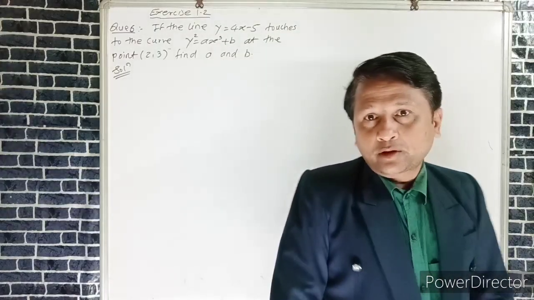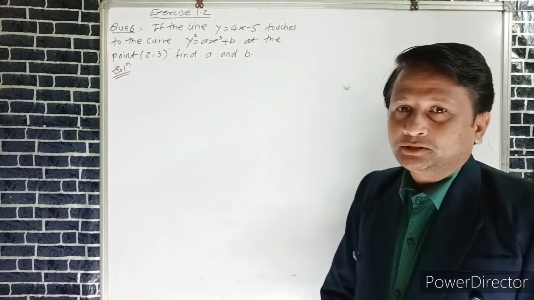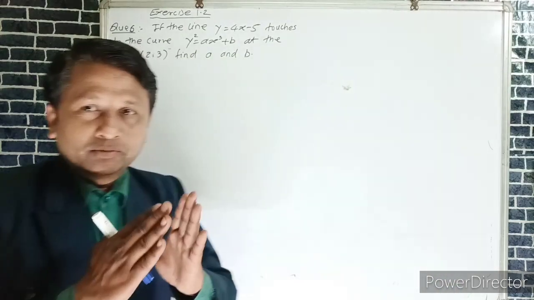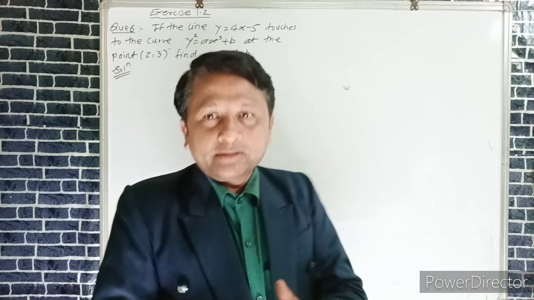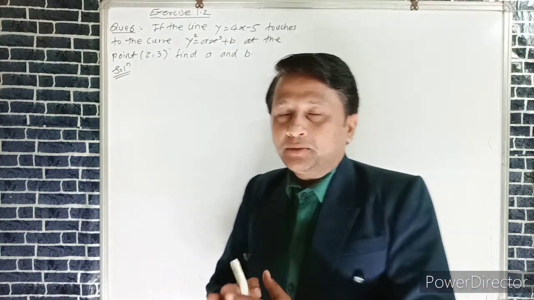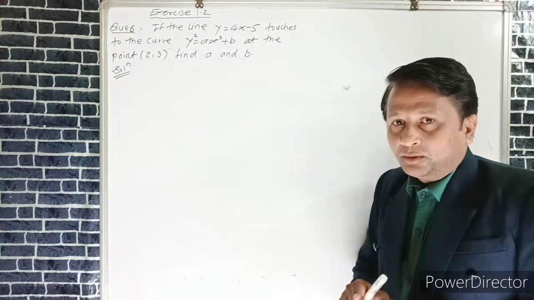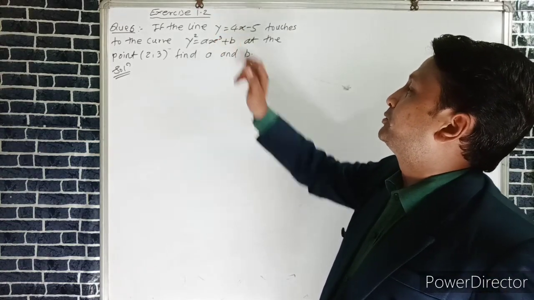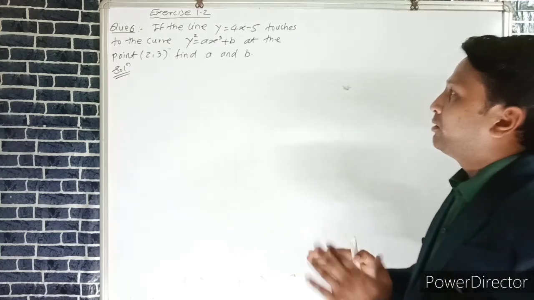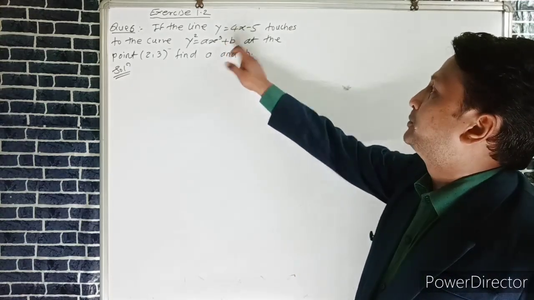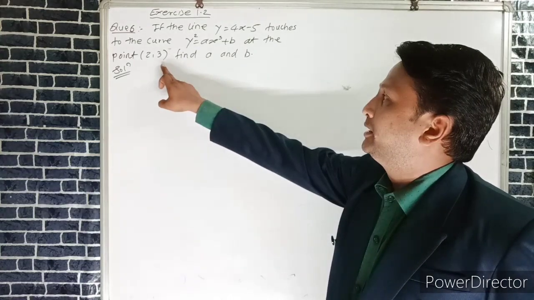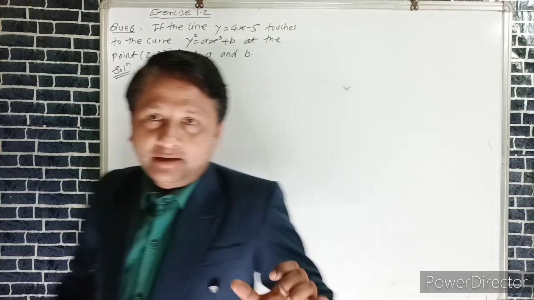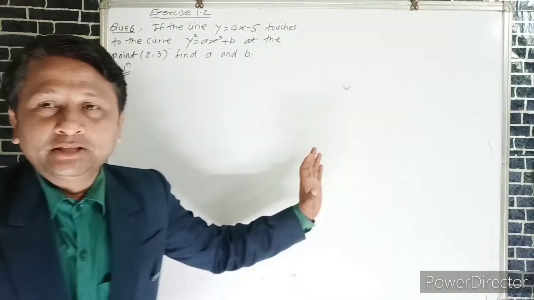Hi guys, now we are going to the next topic, which is exercise number 1.2, question number 6 up to question number 5. In the previous lecture we already studied the equation of tangent and equation of normal. Here question number 6 is given: if the line y = 4x - 5 touches the curve y² = ax³ + b at the point (2, 3), we have to find a and b,